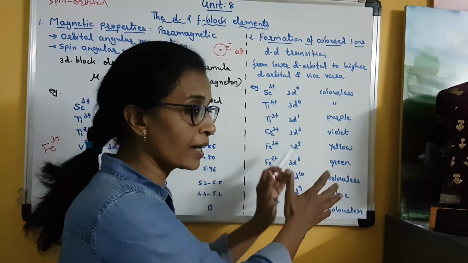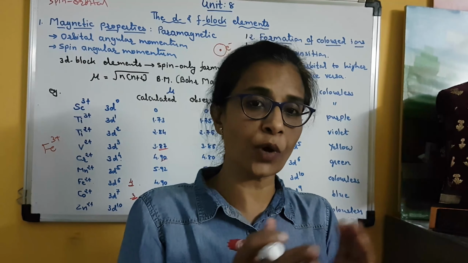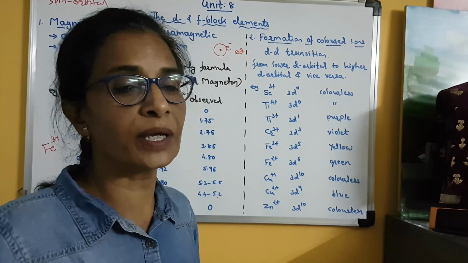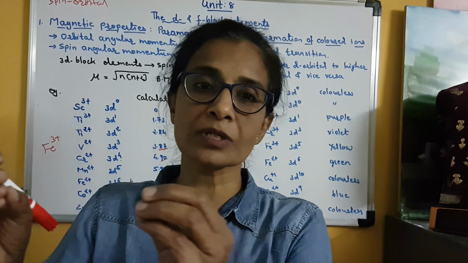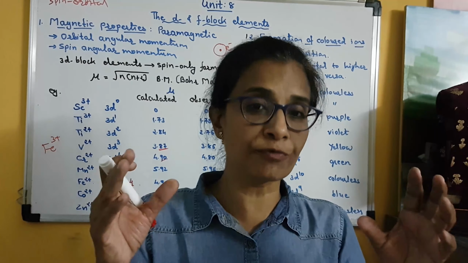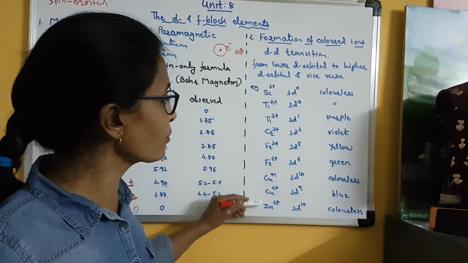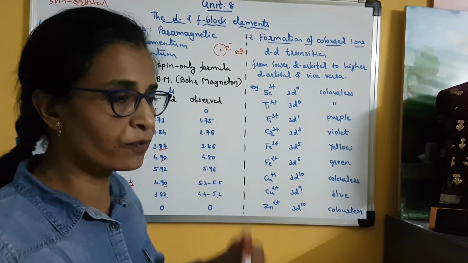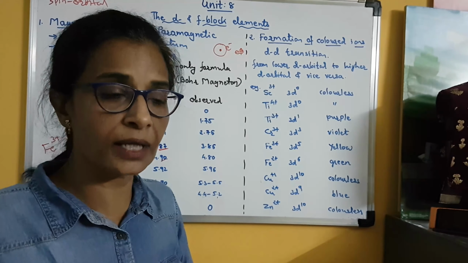So the important thing here is that you have to remember the entire table with their colors, because in the exam you can be asked in MCQs which one is the color of such and such ion, and you will be given 4 different colors. Or you can be asked which of the following ions will show, suppose, green color or blue color, so in 4 options you will be given 4 different ions. So that type of question can be asked from this topic. So you have to remember the whole table. Clear? In short, wherever d-d transition is possible, that ion will show color; otherwise it will not show any color.